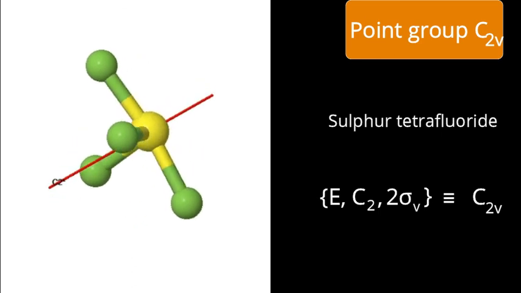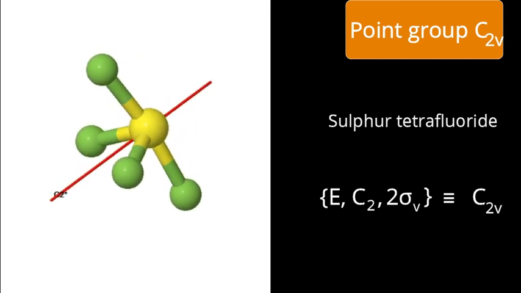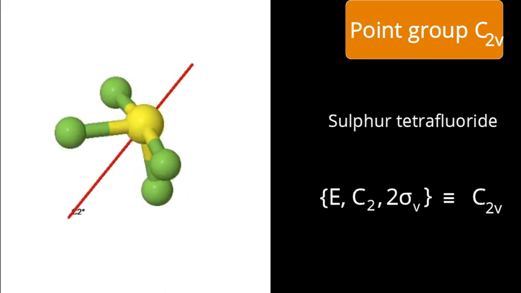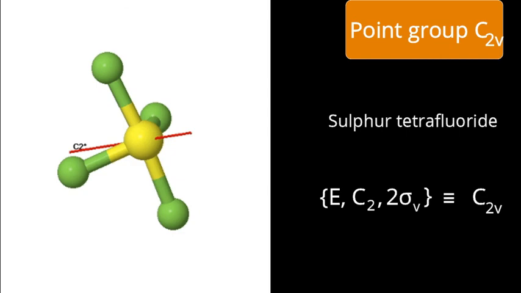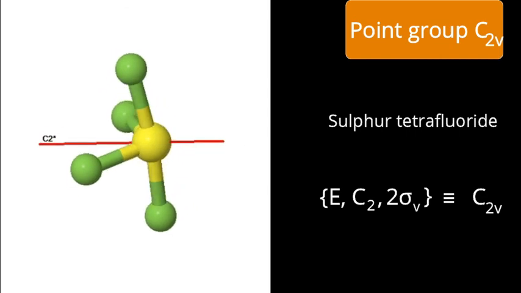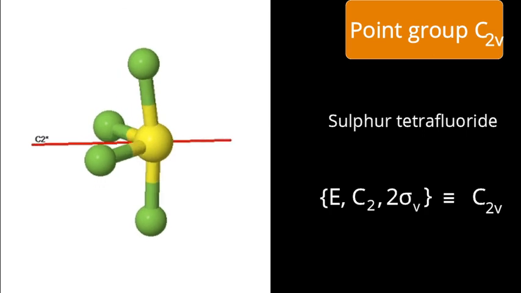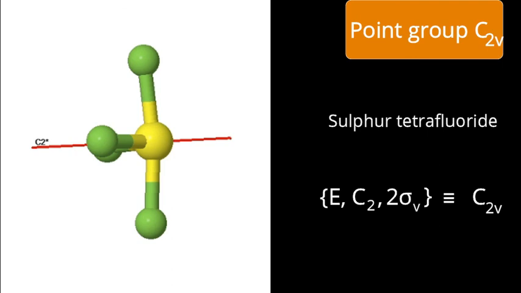That's the beauty of point groups. The molecule may be different, bonding may be different, the arrangement may seem to be different, but from the molecular symmetry point of view, that symmetry is common, the point group is common, the description of that point group is common, and that point group is C2V.